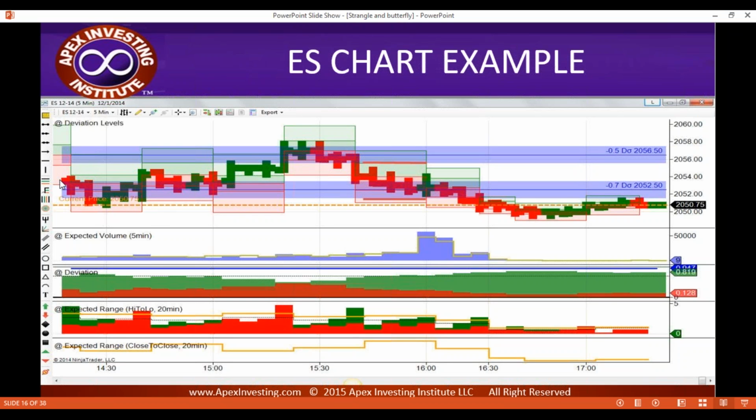So if I'm looking at a chart and I'm seeing that the market's not really breaking out of the expected range, and there's not a lot going on with the market, and there's not a lot going on with volume, that might be a pretty decent indicator that it's kind of a flat market time, right? If there's not much going on, not a lot of volatility, not a lot of volume, and it's staying in between its expected range,